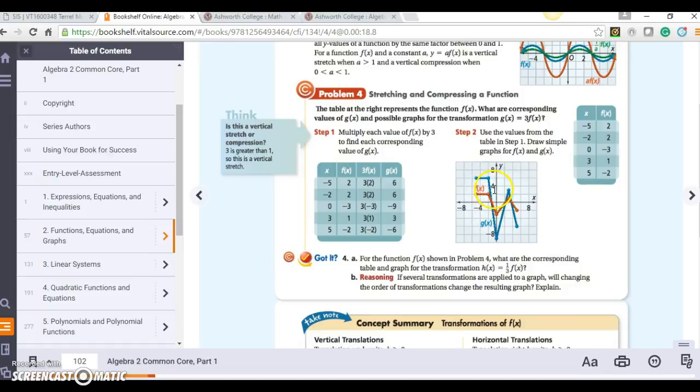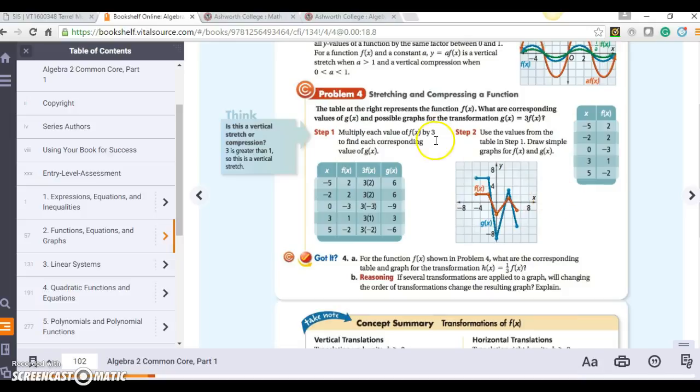And then we can also compress it or stretch it. I guess it's all in the eye of the beholder, and that's going to take it away from the y-axis. So the general rule is the larger the number is, the closer it gets to the y-axis. So it's more of a vertical shrink, as you would say. And the smaller the number is, like 1/3, for example, it's going to be getting further away from the y-axis, so it's more like